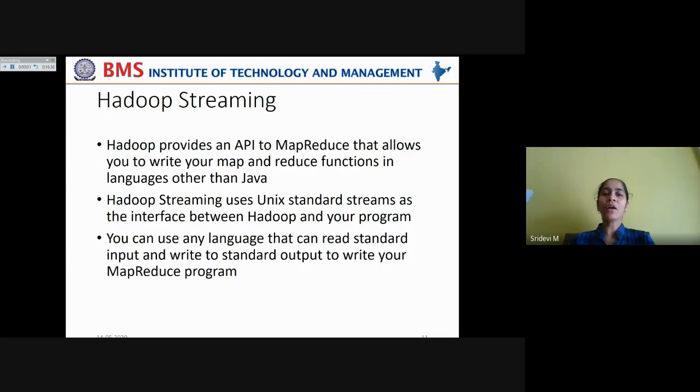Now let's see how Hadoop streaming is made. Now Hadoop provides an API to MapReduce that allows you to write your map and reduce functions in languages other than Java. Means you can use Python, Ruby, C++ in order to write your MapReduce functions. Hadoop streaming uses Unix standard streams as the interface between Hadoop and your program. So how this streaming is done, how Hadoop interacts with your program, it is only through the interface of Unix